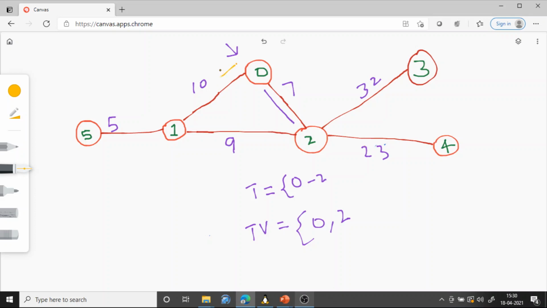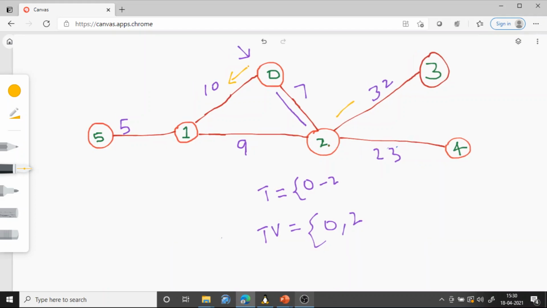We may consider this option. From 2, 2 to 3 is one option, because 2 is in the vertex list and 3 is not. 2 to 4 is another option, and 2 to 1 is another option, because 2 is in the vertex list and 1 is not.